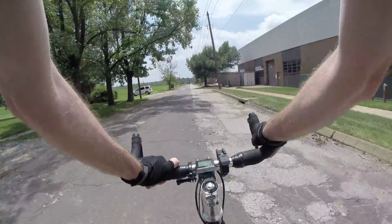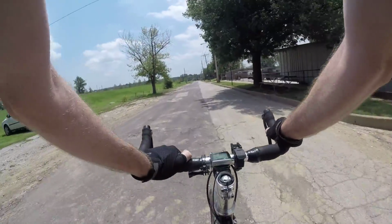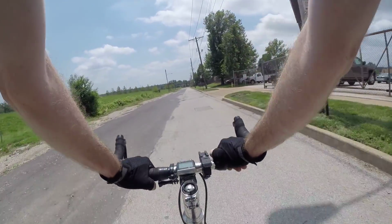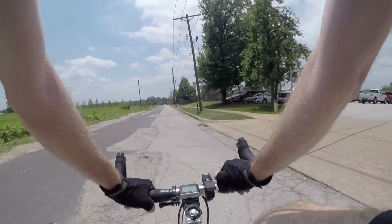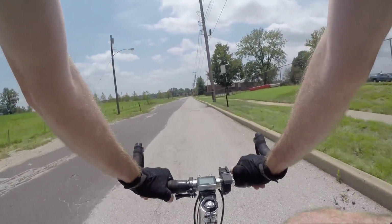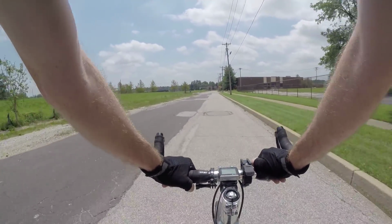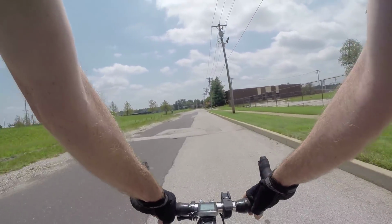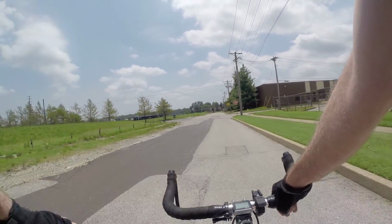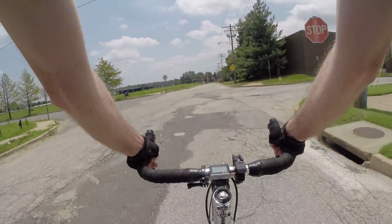Body temperature. How do you raise your body temperature? Well, eat something spicy or drink some hot coffee. Don't do that. Don't drink hot beverages or eat spicy foods. I don't know why you would really eat spicy foods in the morning. Maybe it clears out your sinuses for you or something, but don't do it. You'll raise your body temperature and you'll be more prone to sweat, your internal body temperature, which leads me to,